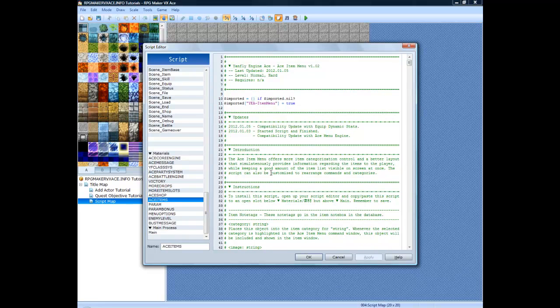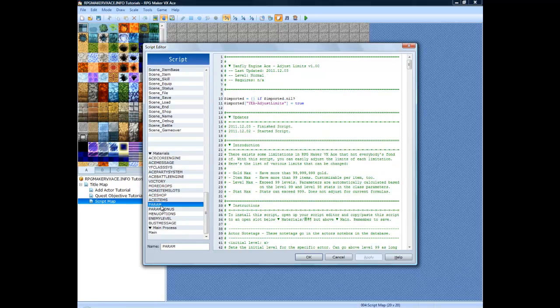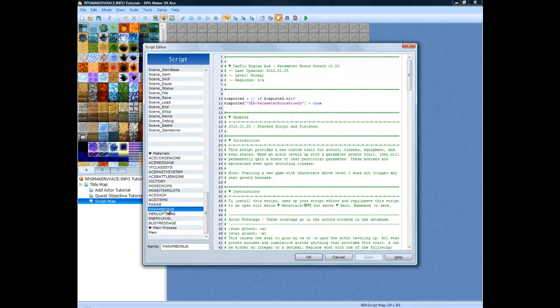Okay, so this is the item menu. So a lot of this is adjusting the menus. This is the adjust limits, so it lets you have more than 99 levels, have more than 9 billion gold. So this will let you start your level really high, or just sort of take some of the limits off the game. It's incredibly useful. There's probably a ton of ways to use it that I haven't even envisioned, but